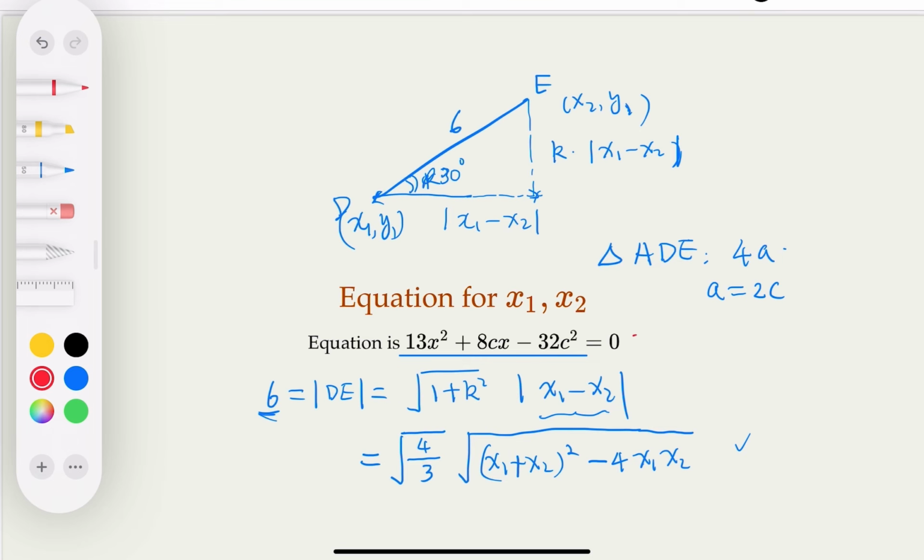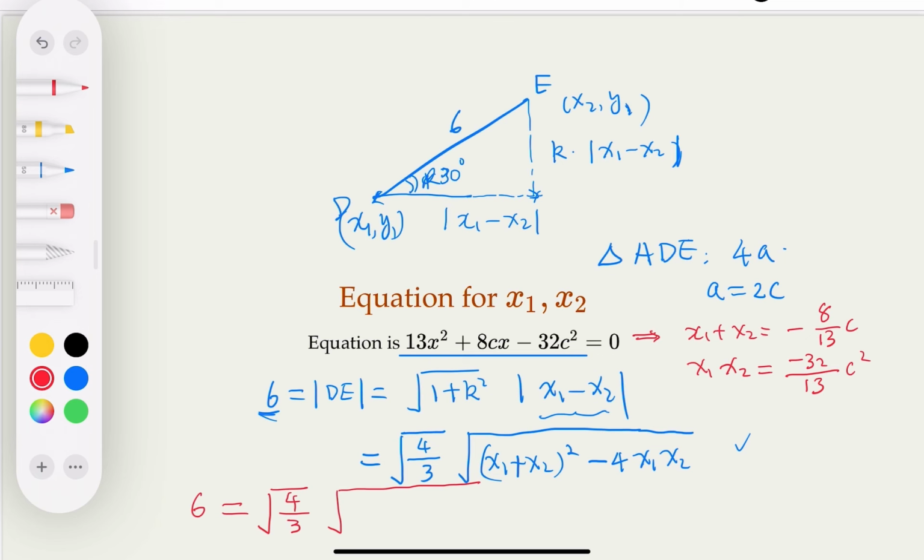So from this equation, we know that x1 plus x2 equals negative 8/13, and x1 times x2 would equal negative 32/13, right? So let's plug it in. Here what we get is the square root of 4/3 times 6 equals. There's a c square here, so this square is going to be 13 squared, and this will be 64 c squared,